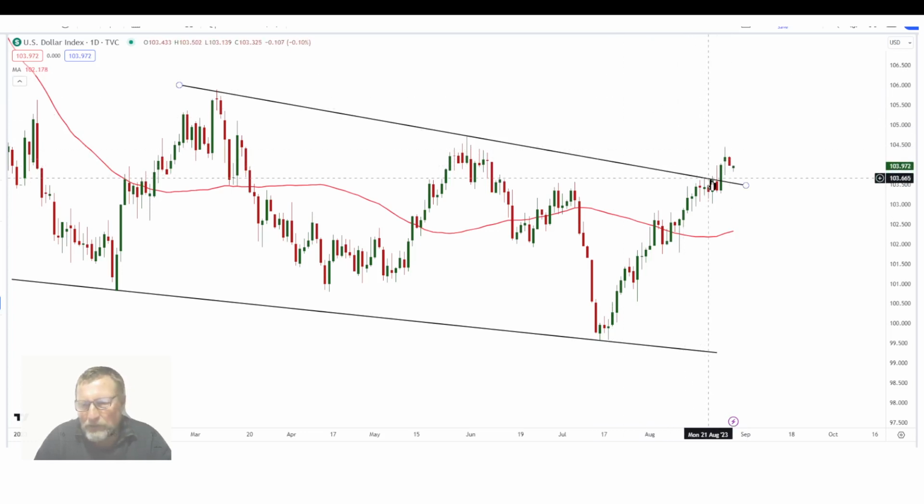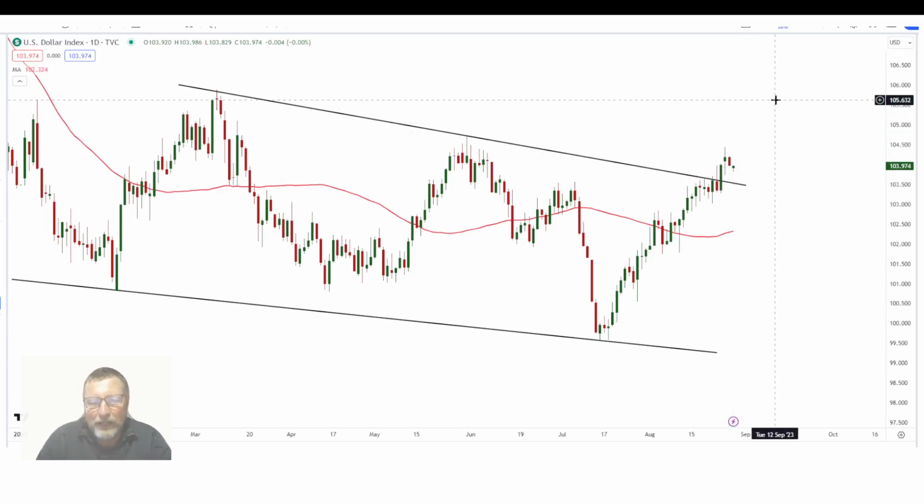Now, what we usually see, if you've got this, it's either a false breakout or it's an extension of the trend to the upside. But for me, it's quite simple. It looks like it wants to turn around. I think it's not going to take long before we move below 103.51 unless we bounce off here and then we go higher. But for me, if I look at this chart and if I use the normal stochastic, and